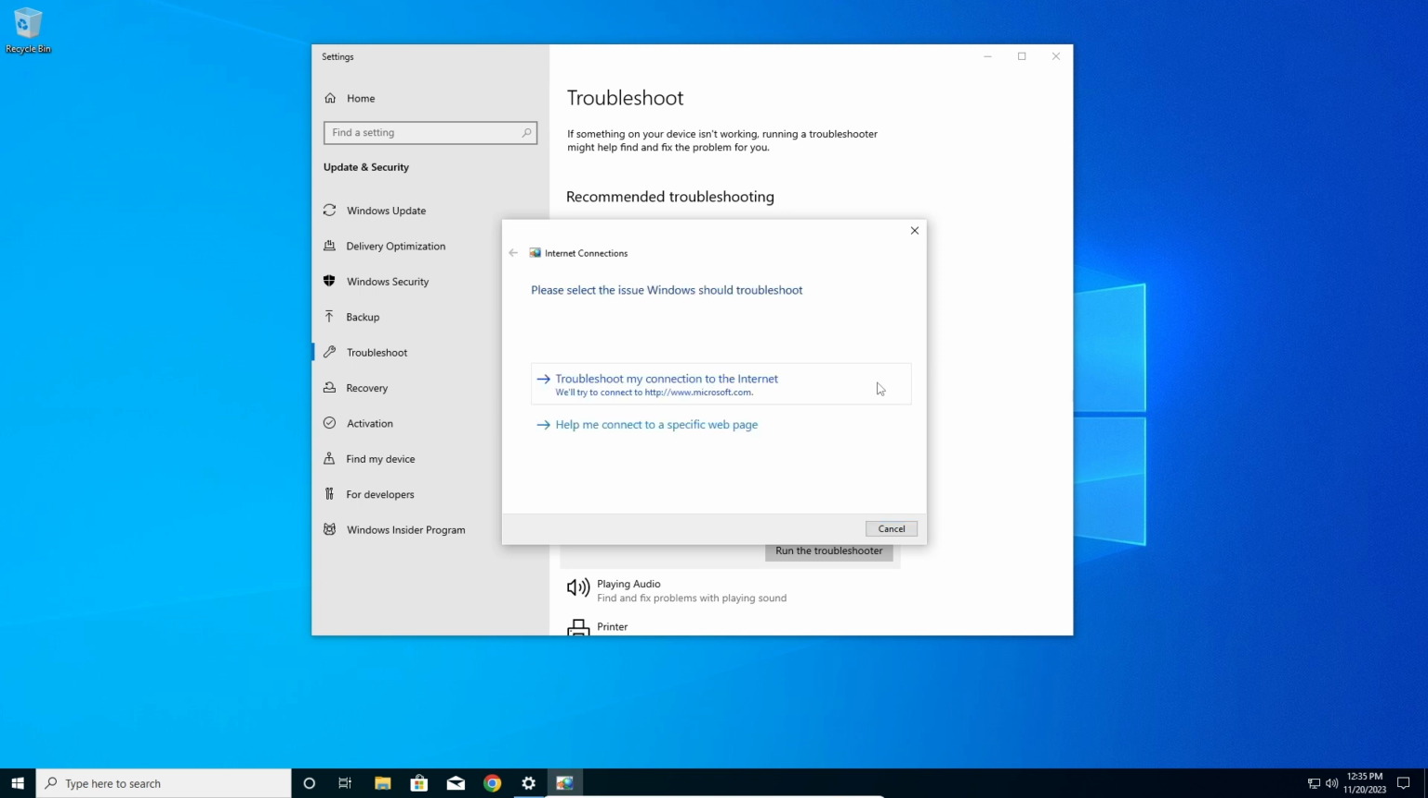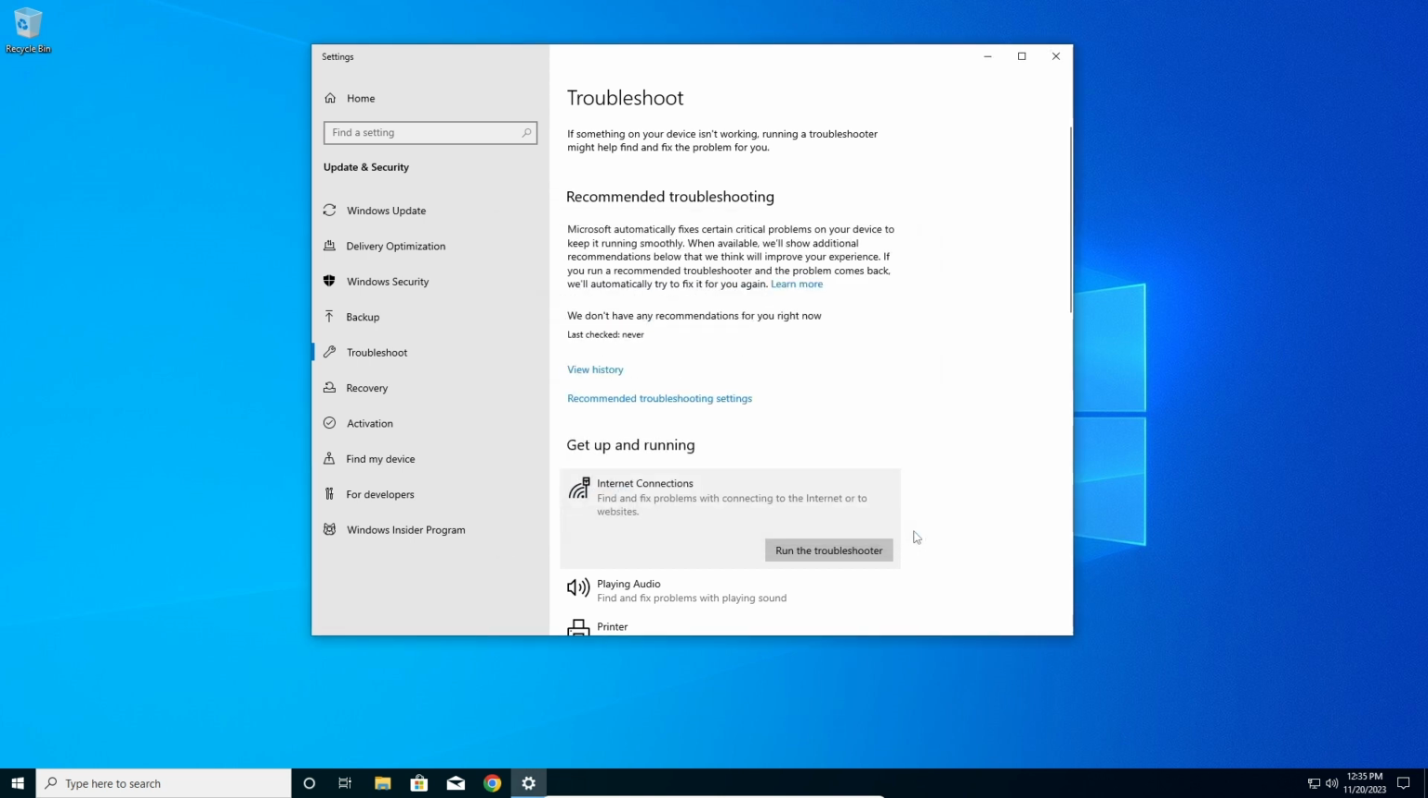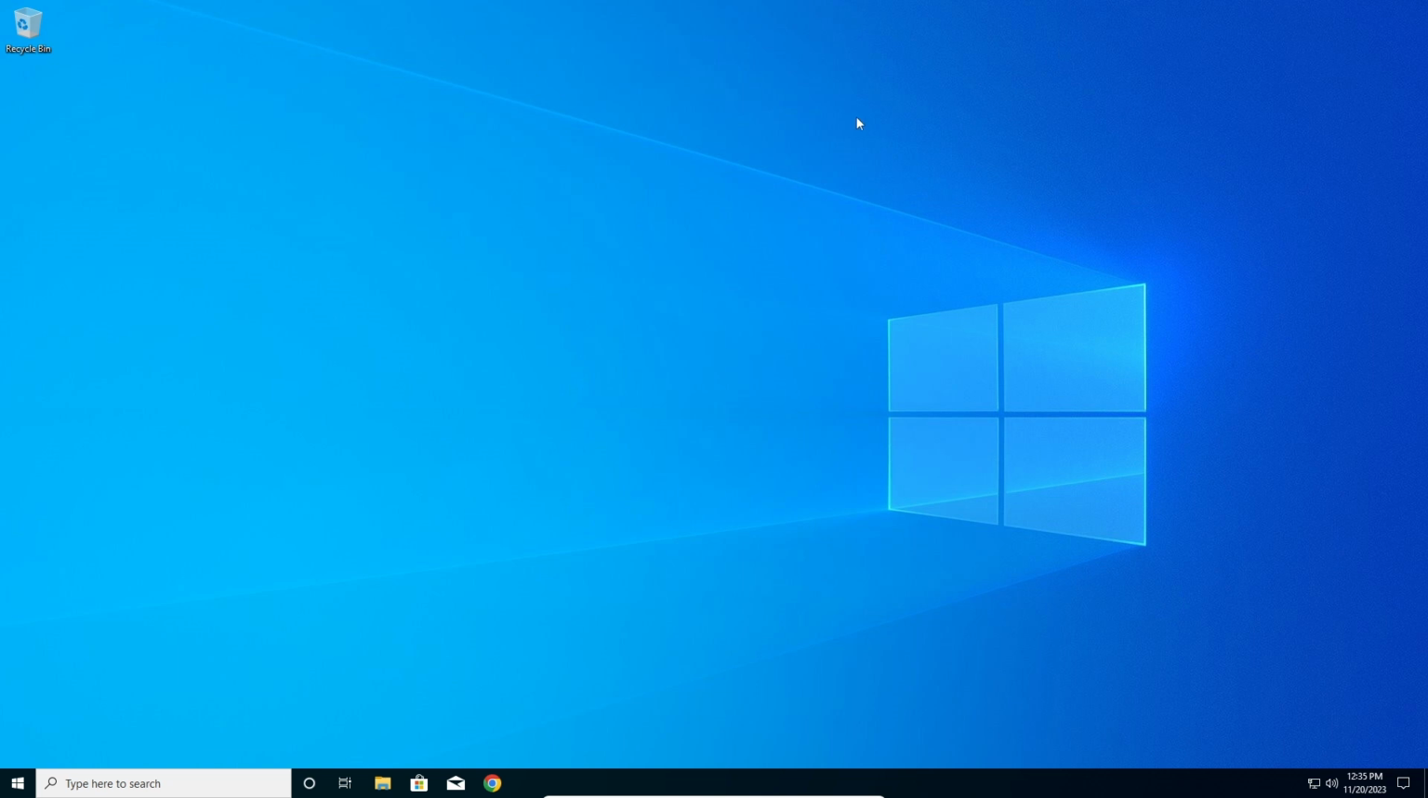And now we can go here, troubleshoot my connection to the internet. And after that, just go and close. If this still does not fix it, I have another method which you can try, is again go to start